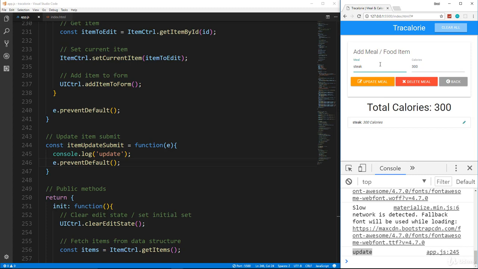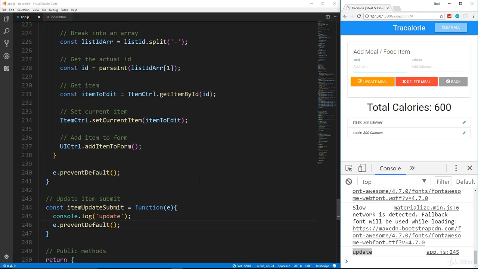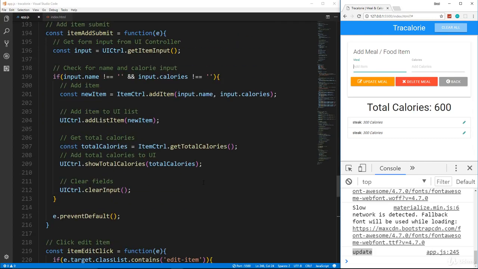All right, now one thing I want to fix before we move any further is if we're in this edit state and I click enter, look what happens. It hits the add button and it re-adds it. All right, and we don't want to do that. So we're going to disable the enter. When we fill out this form and hit enter, we don't want anything to happen because we want to manually click on whatever button we want, because there's more than one button here. So to do that, we're going to go back up to the load event listeners,